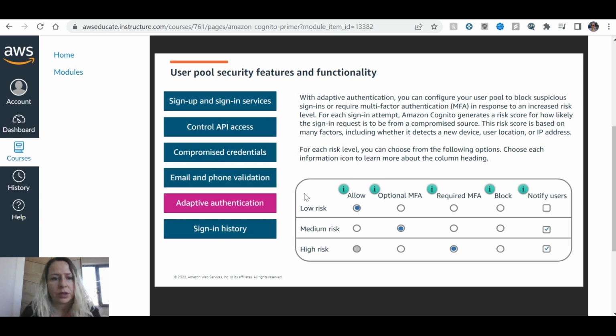With adaptive authentication, you can configure your user pool to block suspicious sign-ins or require multi-factor authentication in response to an increased risk that the sign-in request is from a compromised source. This risk score is based on